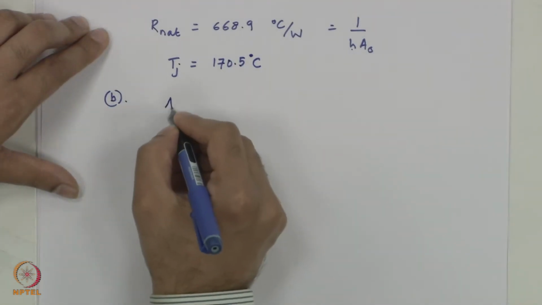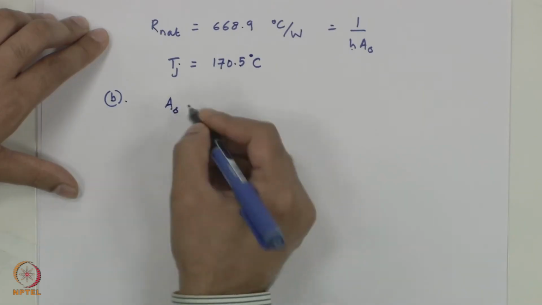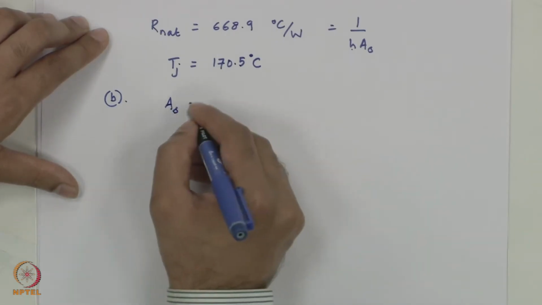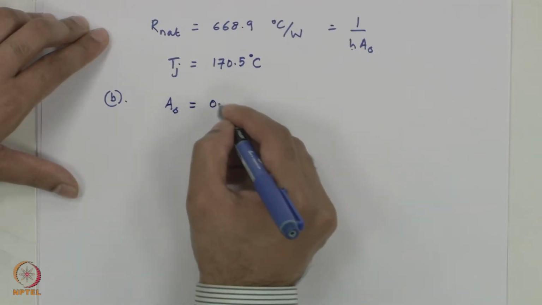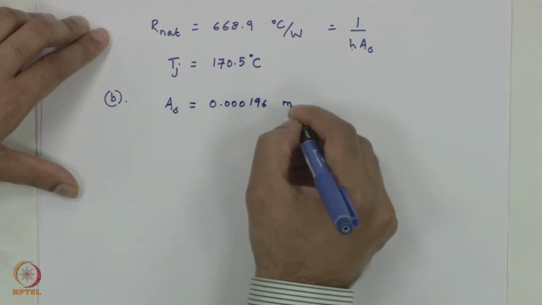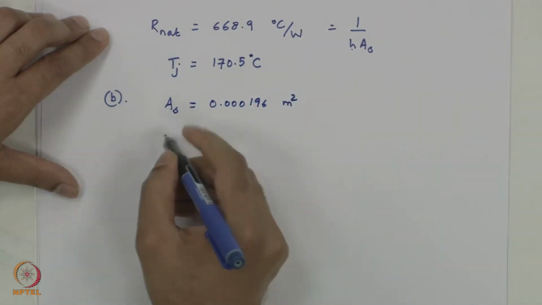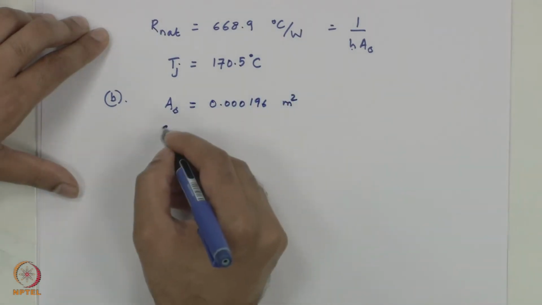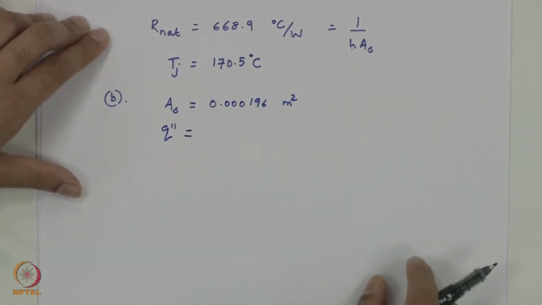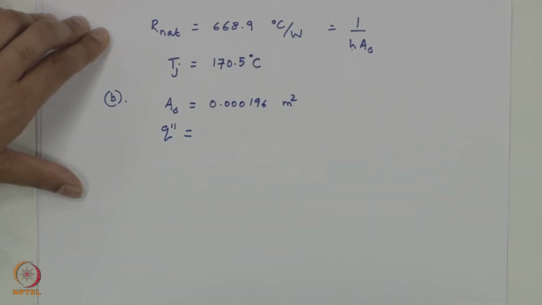The area has now changed from 7 mm by 7 mm to 14 mm by 14 mm. So, the surface area has increased, and the current surface area is this. And how do we calculate flux? Should we be calculating based on the source area, or should we be calculating based on the mold area? Because the heat transfer is happening at the mold interface, so we should use the mold area to calculate the